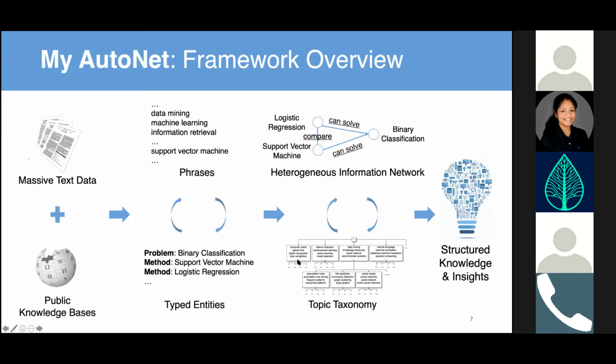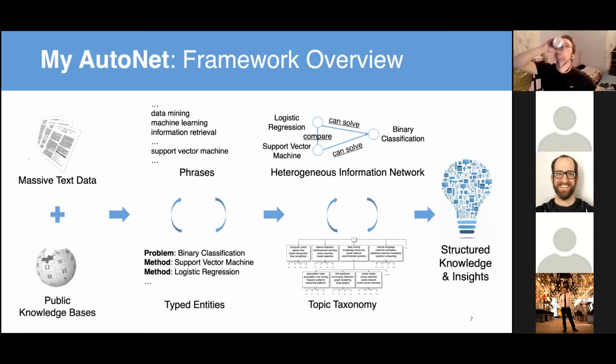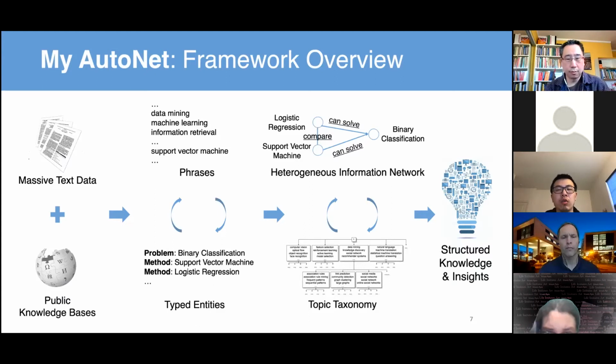So how can we look at this? We come up with a topic taxonomy. Every node here is a set of coherent terms describing some concept. And you can use this topic taxonomy to efficiently navigate to the specific subnetwork that you're interested in. This will also present you a very high-level summary of the whole network. What is the information here? You can see we can have computer vision, machine learning, data mining, natural language, these things here.